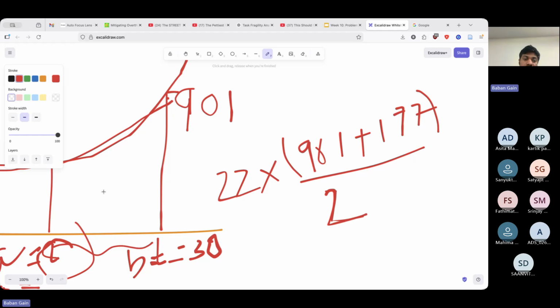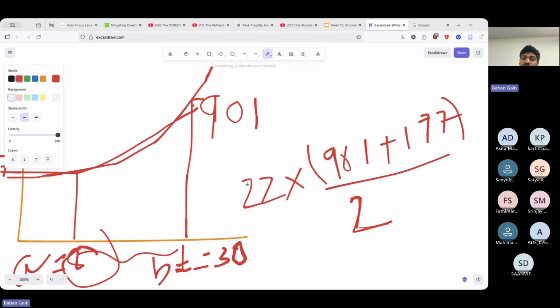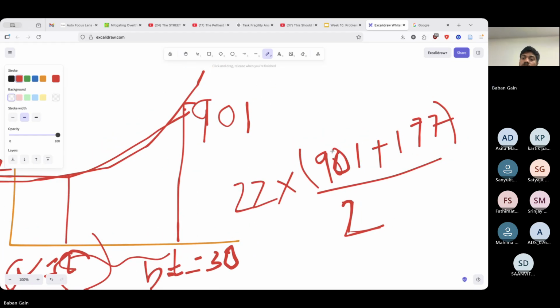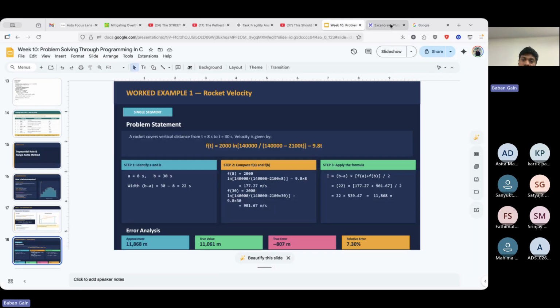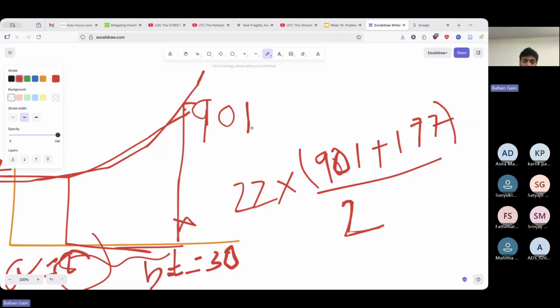The area which is under this curve is approximated by this one. So it is basically the x multiplied by y1 plus y2 divided by 2. Just like a rectangle, you multiply a into b, but since b has two different values, you just take the average. Okay, but the issue is that